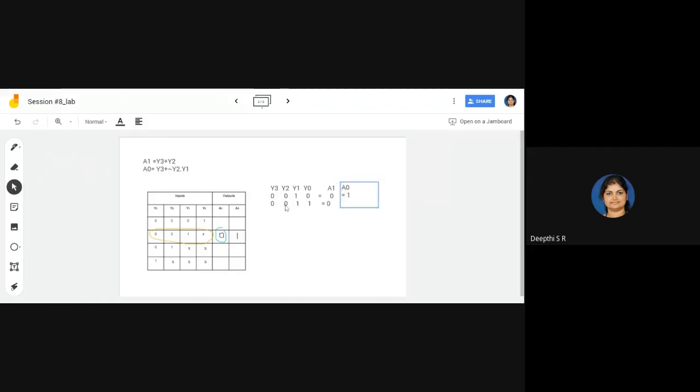Okay. So we'll check for the second case. What is NOT of y2 and y1? y2 is 0, so NOT of that is 1. So 1 is ANDed with 1, so it is 1. That one is ORed with 0. So the output is 1. So for both the cases, 0010 and 0011, that is in general 001X, you got the correct output. You're supposed to get 01 for both the cases, and you got it. Okay. So we'll try with another example. I'll take the third row.